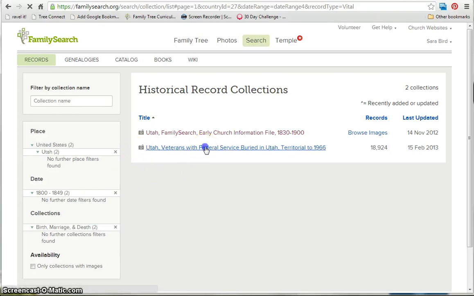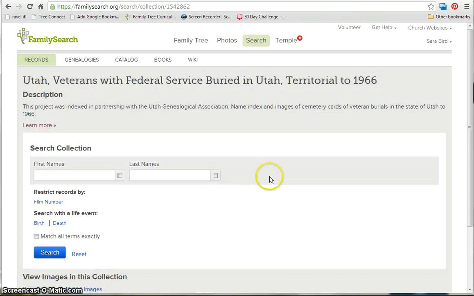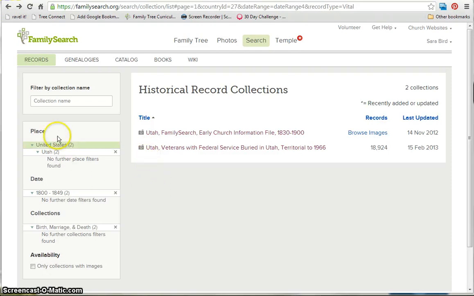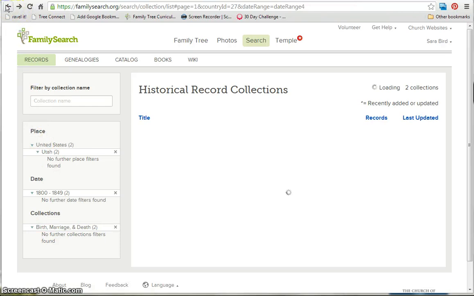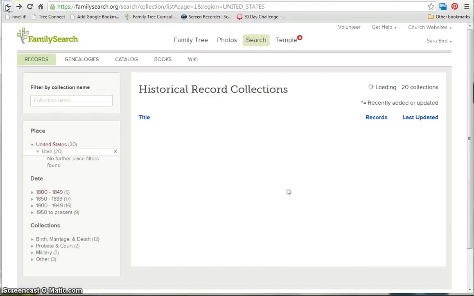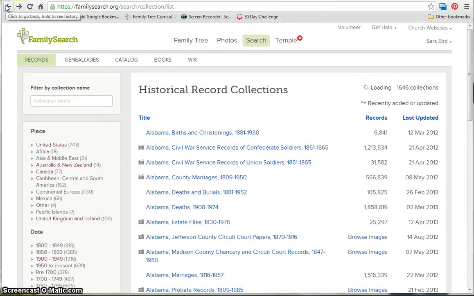So if we click on this one, it will take us to a search screen where I can search that record collection by just entering the information I know about my ancestor. And that's how you find a collection to look through by filtering your information. If we go back to the first screen of all collections,